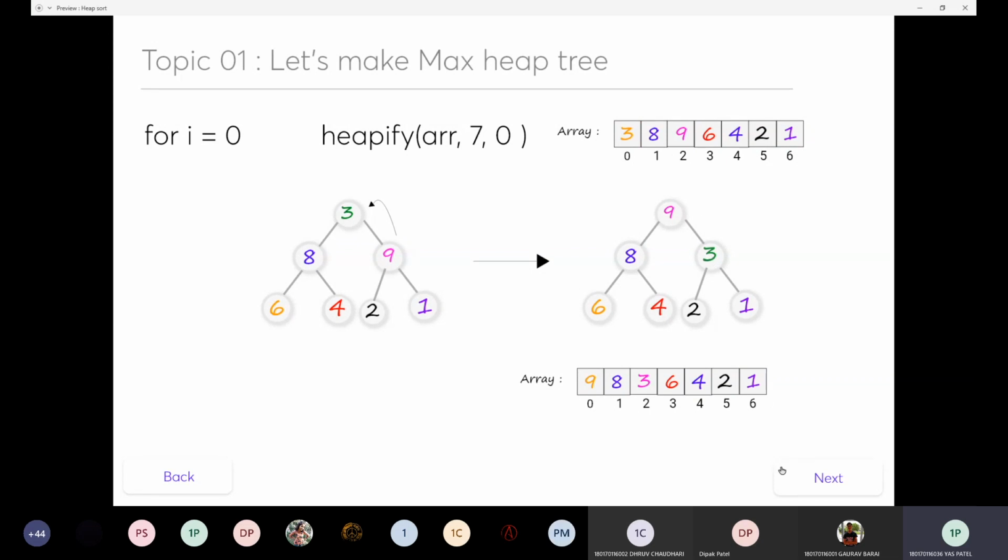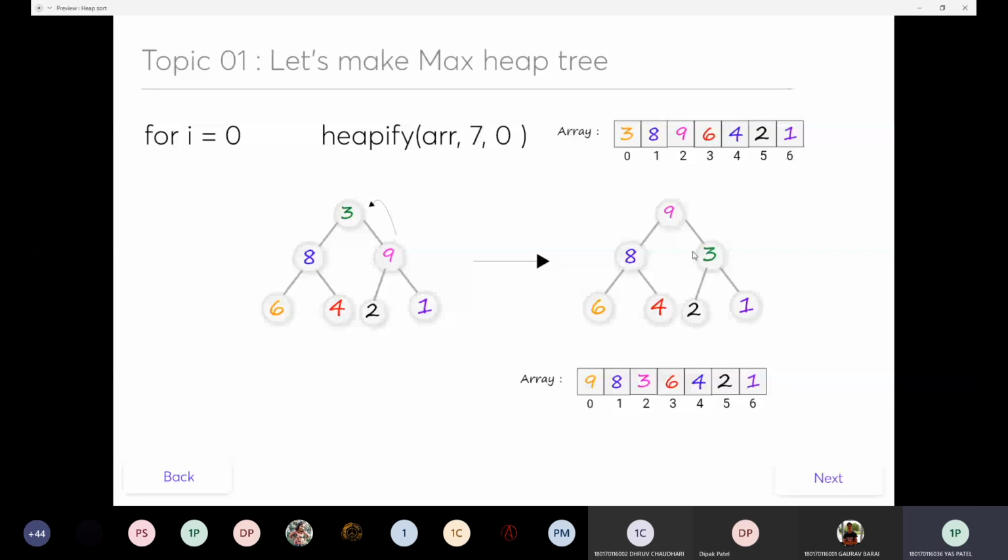Here you can see that this is the max heap tree we have built. Let's see if it's a max heap or not. 9 is greater than 8 and 9 is greater than 3. 8 is greater than 6 and 8 is greater than 4. 3 is also greater than 2 and 3 is also greater than 1.